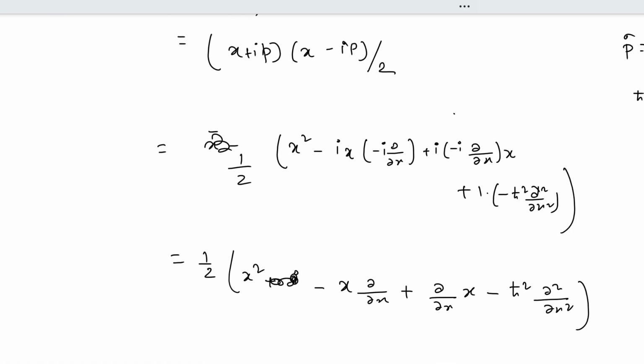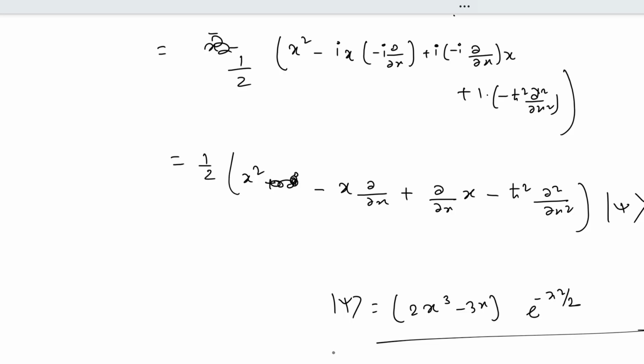Now when this operates, or you can directly say when you operate this on your state psi, which is given in the question as 2x cube minus 3x into e to the power of minus x squared by 2, then you take each of these derivatives and each of these terms separately and solve term by term. So you see that d2 psi dx2 is equal to d dx of